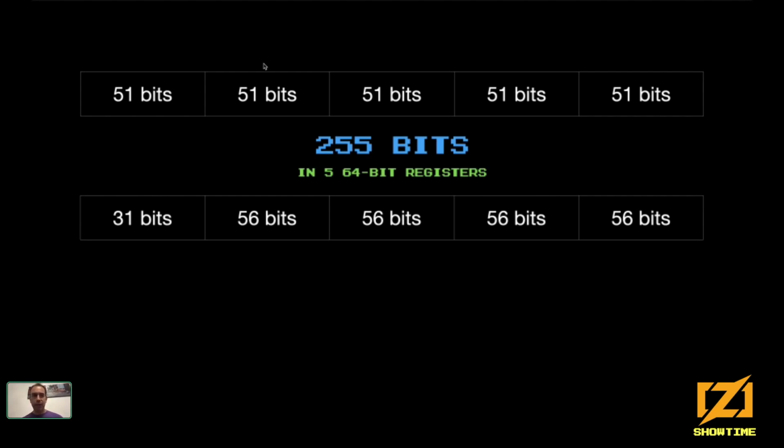We don't have to use 51 bits. We can use something different, such as a bunch of limbs with 56 bits, which is nice because it's a multiple of 8. So we can use permutations or unaligned moves. We don't have to do shifts to go from a packed representation to this one. So we can use pretty much anything we want. On 32-bit systems, we can, of course, use fewer bits. But the idea is to leave holes, some bits that we don't use in each of these limbs.